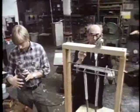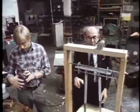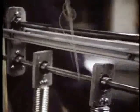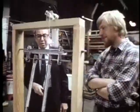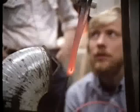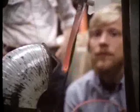Not quite there. What the hell? That's too much of a pull. Let's try it once more now. Takes a while to build up that resonance. Hey, great. Very nice. That's nice. If you just damp it, then it takes a longer time to cool down to the point where the magnetic attraction is great enough to...